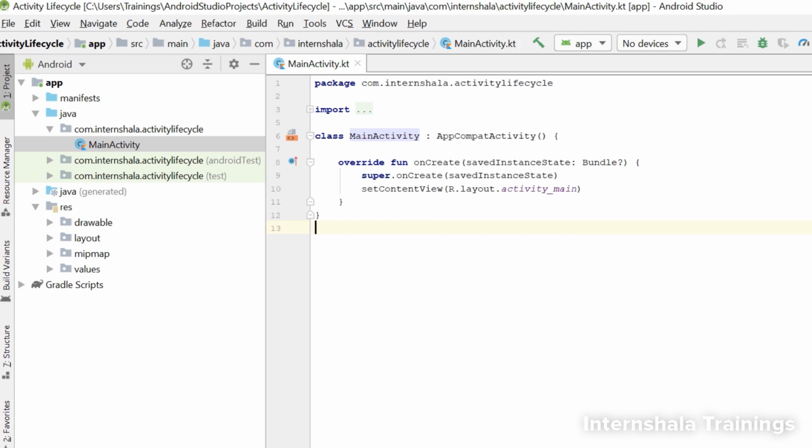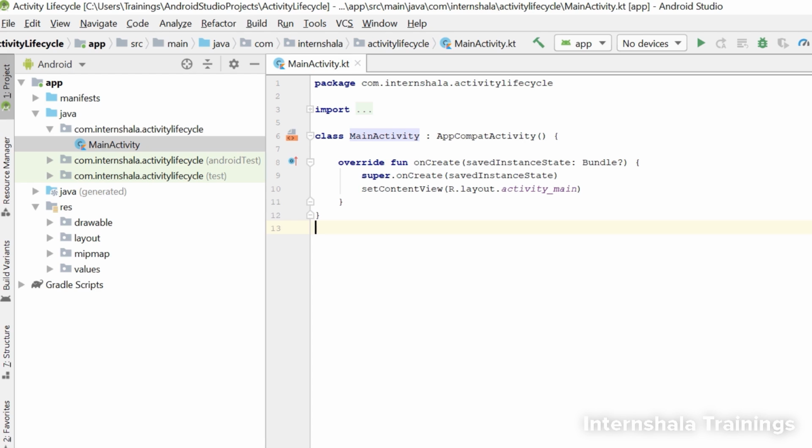In this case, we are using the activity_main.xml file, which is inside the layout directory inside the res directory. Hence, we have mentioned R.layout.activity_main here. The activity_main.xml file is an important file for us, since it contains the UI of the main activity. Similarly, different activities will have different layout files. Now, this setContentView method extracts the layout from the layout directory and sets it to the MainActivity.kt file. So this is how we connect a layout to an Android file.